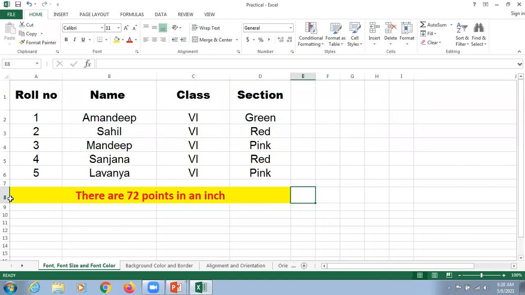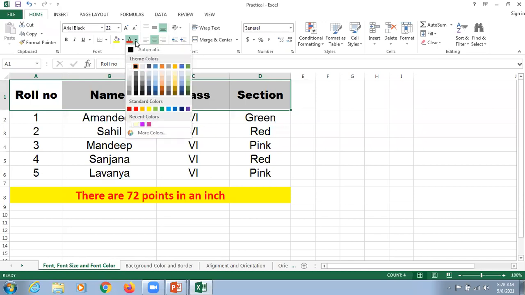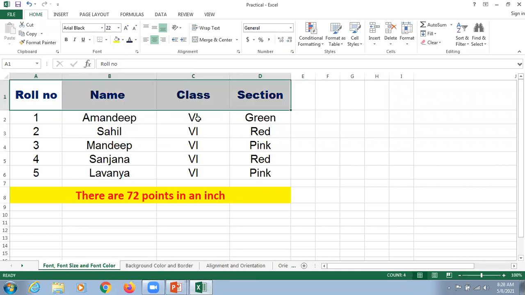Okay, so here I think the concept will be clear, how we are going to do these things. So here we apply, okay, we are not applying a color right now. So kindly concentrate on what we are supposed to do here. We are just going to click on this A, and this is called font color. You can simply select the color, click here, and there are different options. As per your convenience, you can select that color.